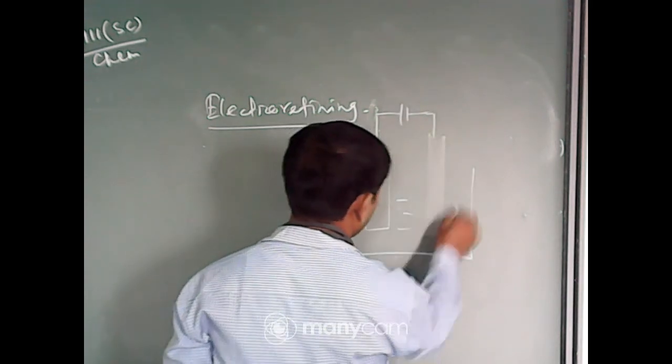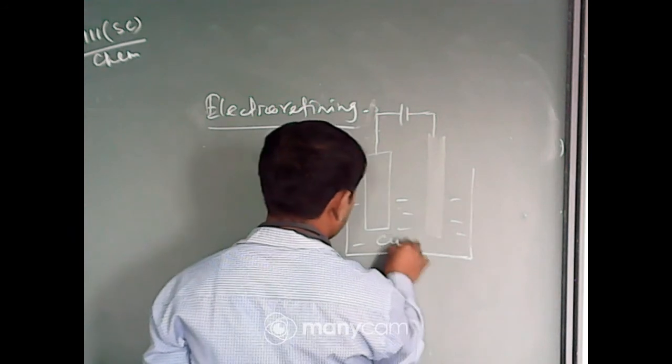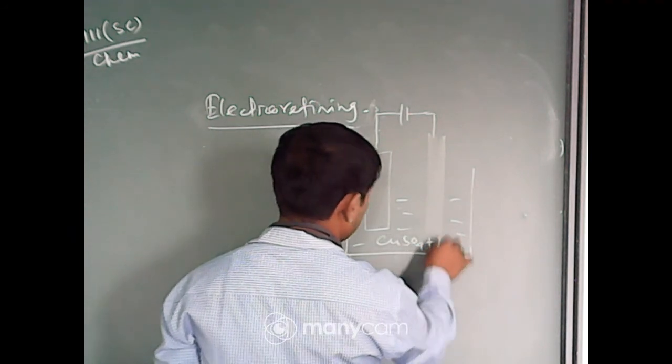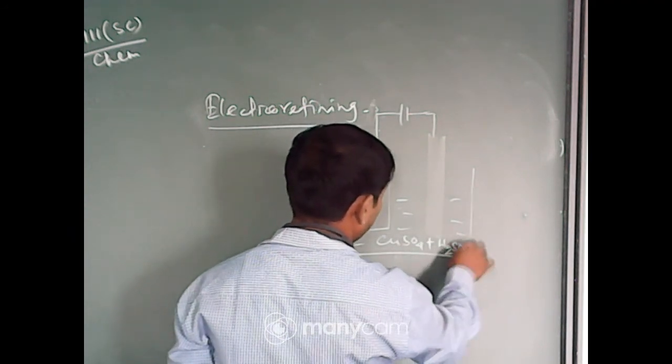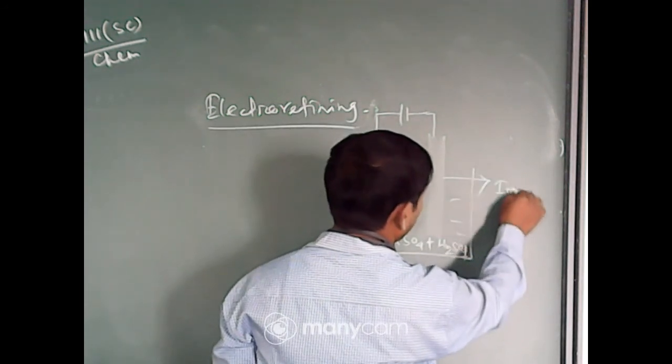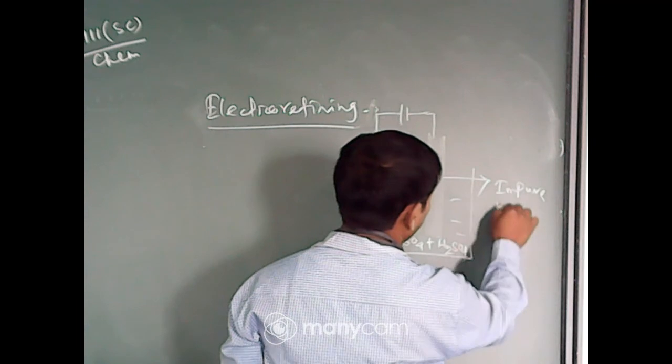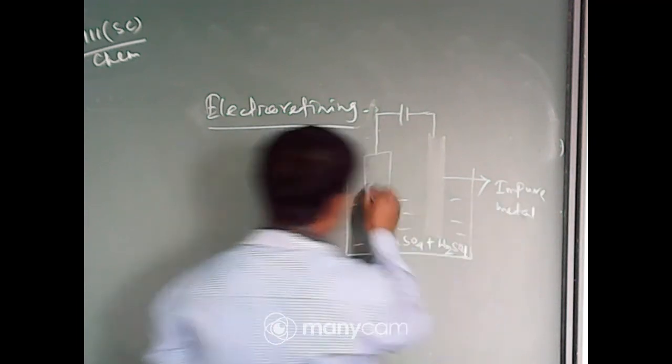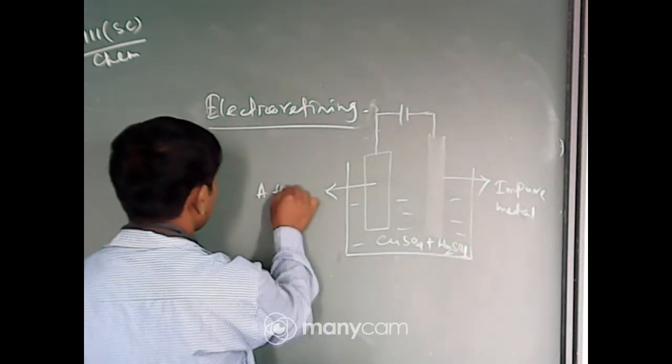Here the solution will contain copper sulfate plus a mixture of H2SO4. This is the impure metal, and this is a thin sheet